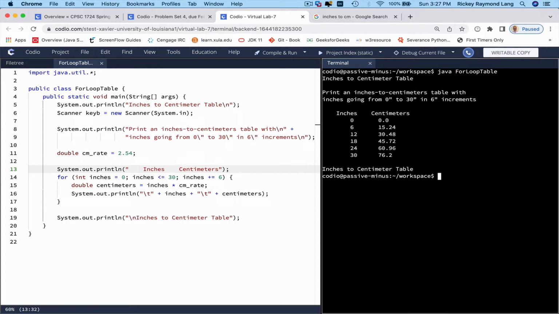Okay, so that's roughly over the columns, but we notice that there's a couple of things wrong here, right? The numbers are lined up on the left in both columns, and the decimal points are not aligned, and there's inconsistent numbers of decimal points. So when you have something like this and you're trying to get columns of numbers to line up,